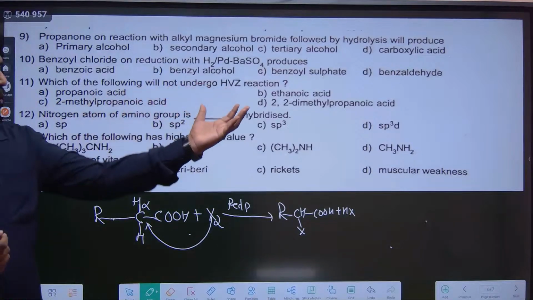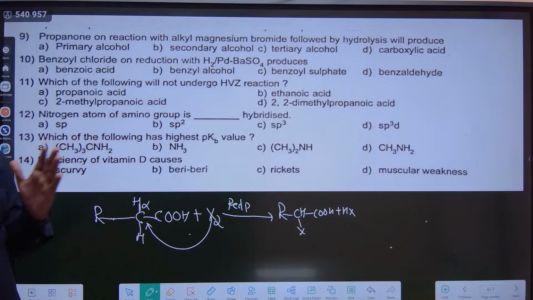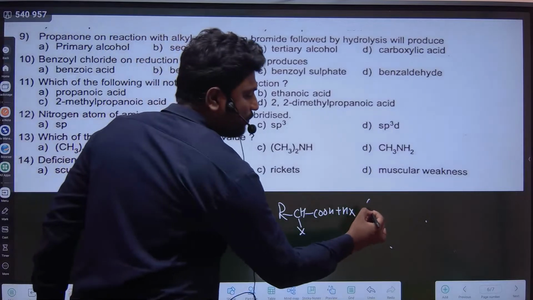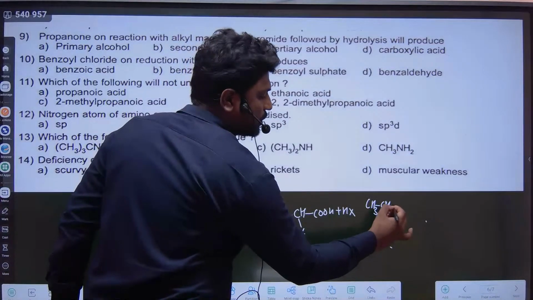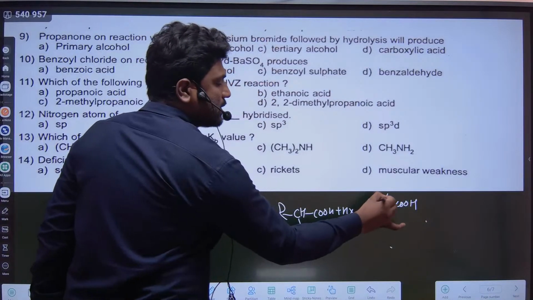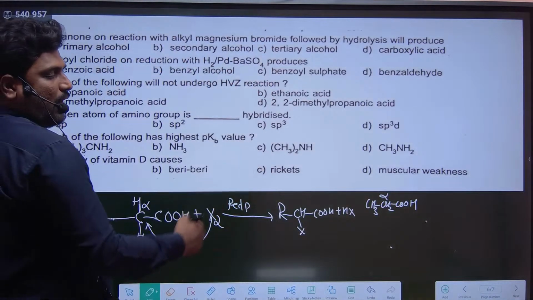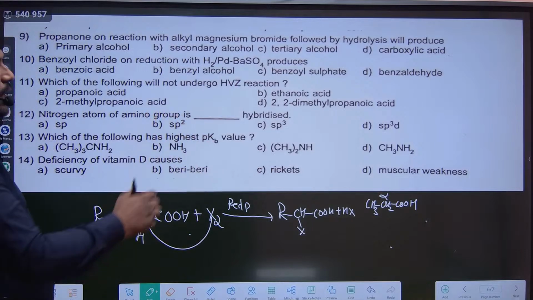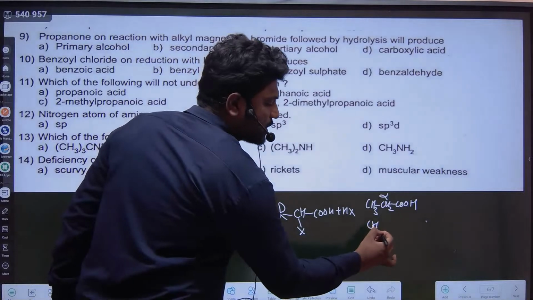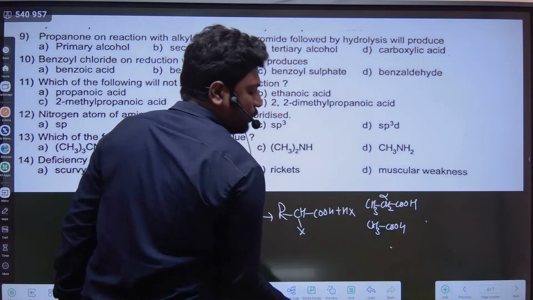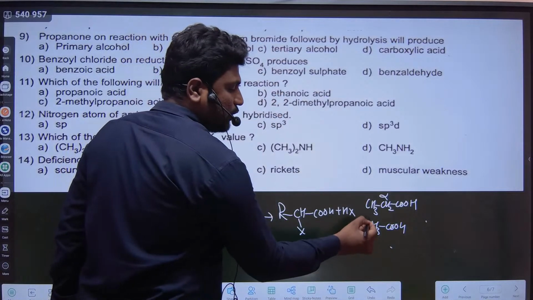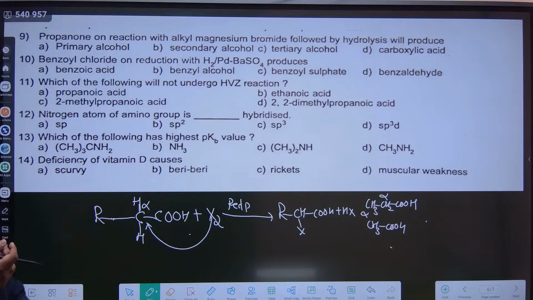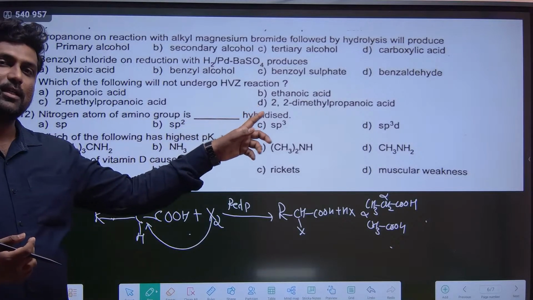So we have four options. All four options are carboxylic acids. Propanoic acid: if you check propanoic acid, it is CH3CH2COOH. Yes, it has an alpha carbon. Alpha hydrogen atoms are 2. It will undergo HVZ reaction. B, ethanoic acid, CH3COOH. In ethanoic acid, the carbon next to the carboxyl group is the alpha carbon. It has 3 alpha hydrogen atoms, and yes, it also undergoes HVZ reaction because of the presence